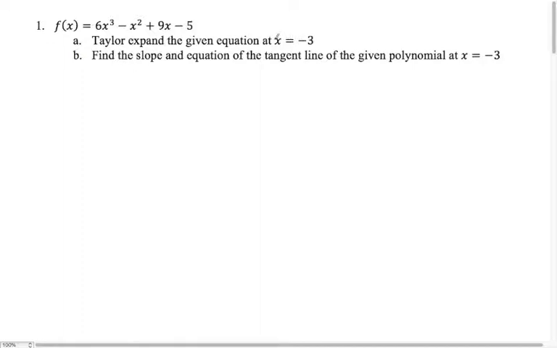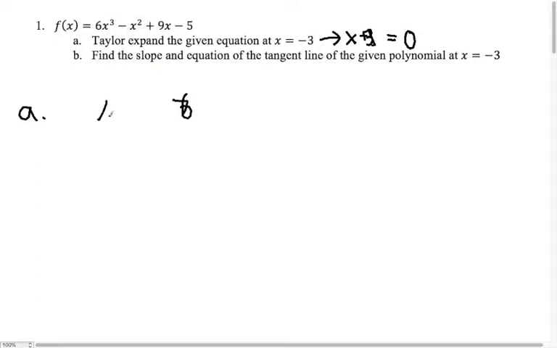In order to do that, we must make this equal to 0. And to do that, you add 3 to both sides. So that will give us x plus 3 equals 0. And because of that, we know we divide by this in order to Taylor expand our given equation. So let's start part A. You would start by, like I said,